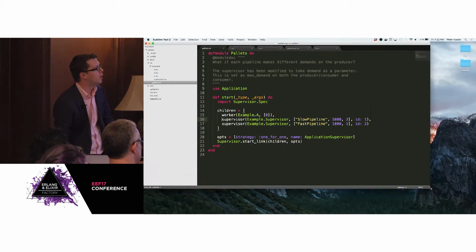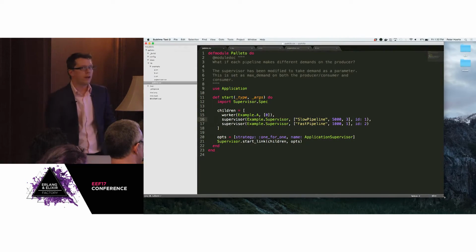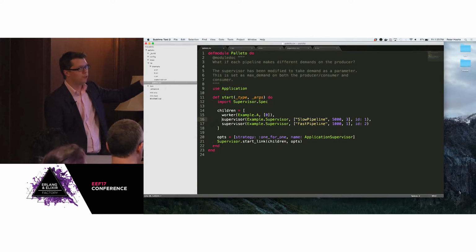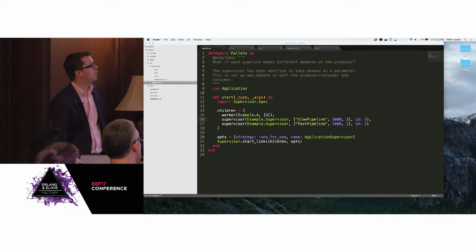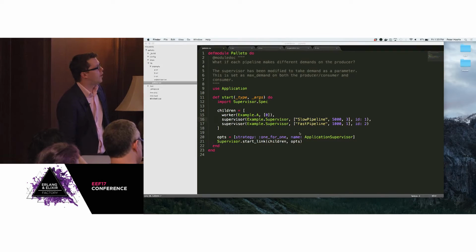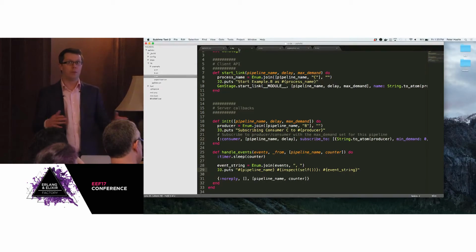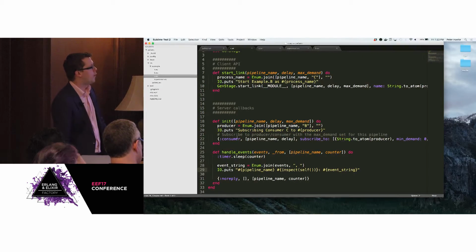This is almost exactly the same. There's a small difference, but I don't have very much in my application code at all. I just am setting up a supervision tree here. And I don't have any subscription happening between those stages. And I'm actually going to start at the end of the pipeline with the consumer, because everything really starts when the consumer makes demand. And that happens down here now.